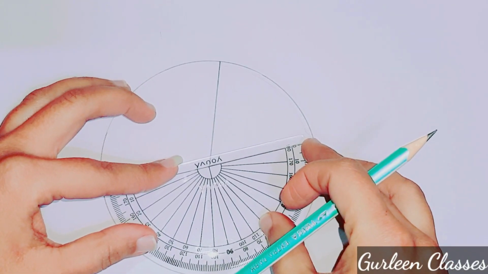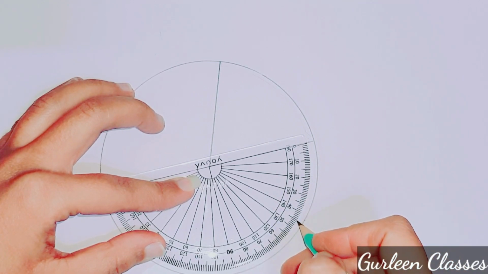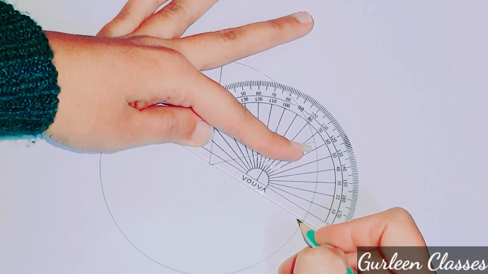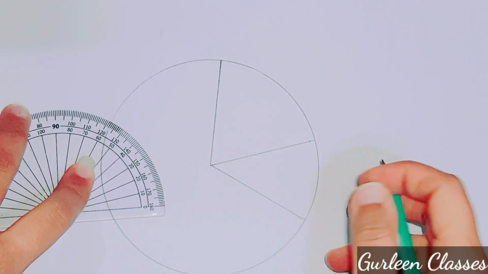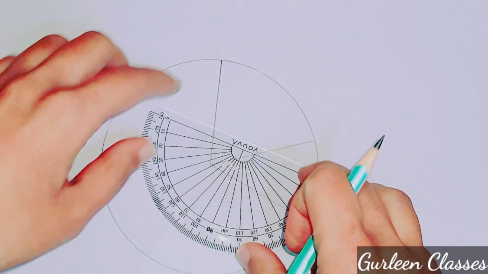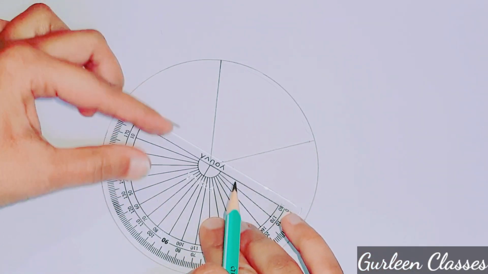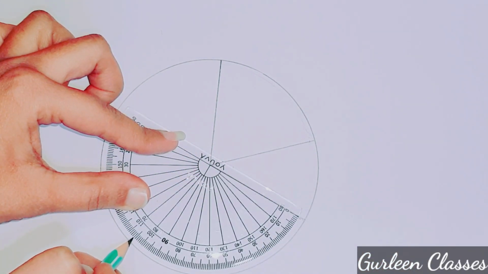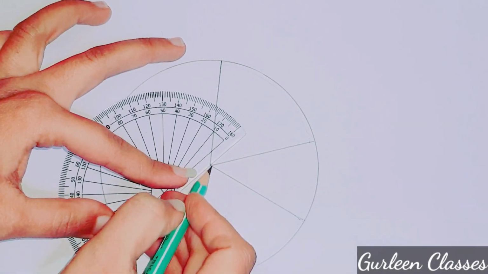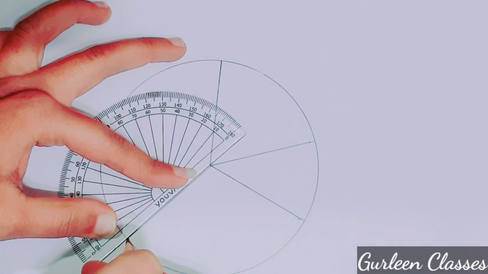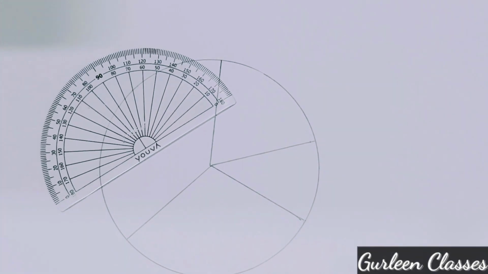So now from this straight line, again rotate the protractor. So now this 0 will come towards this side and keep this in center. This should be in center. So from 0, again rotate the protractor from center. So this is 0 degree. So from 0 degree you have to measure 108 degree. So here's 108. So now draw a line towards center. So students, like this you will draw other angles also and just count total, it should be 360 degree.